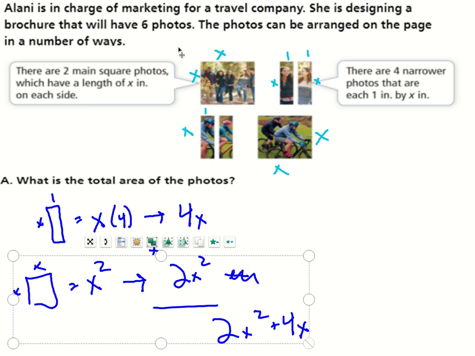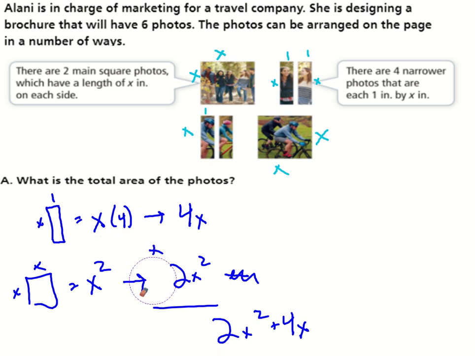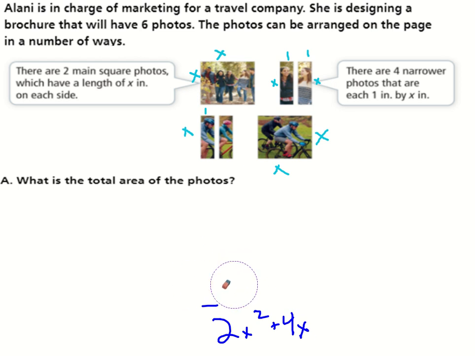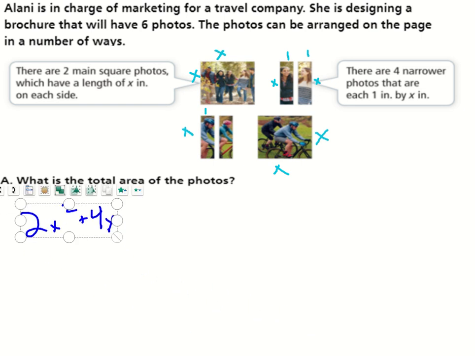So if we know the total area, I'm just going to erase all this. There we go. So the total area of these photos is 2x squared plus 4x. Now I want to rearrange these photos so that they're a little bit closer together and figure out what the side lengths can be. Let's say I rearranged them where I had, I don't know,